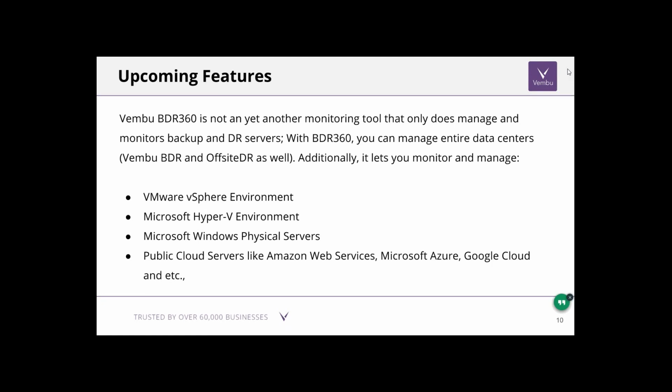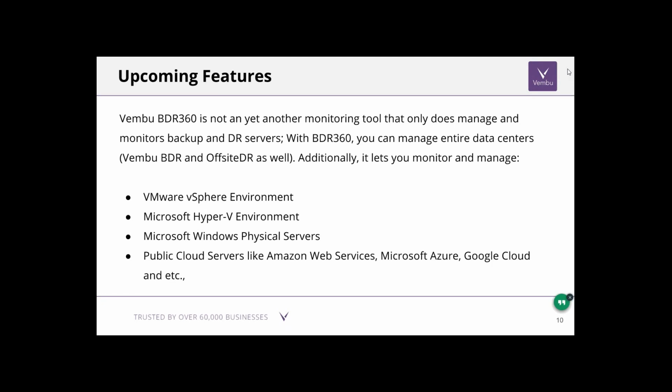Wembupedia 360 will be available in two forms. You can use it as software as a service, where we run the Wembupedia 360 servers in our cloud, and you can just create an account and manage it from our portal, logging in from any browser. Or in case you feel it is not secure and would like to run the BDR 360 servers inside your data center, yes, you have the option.